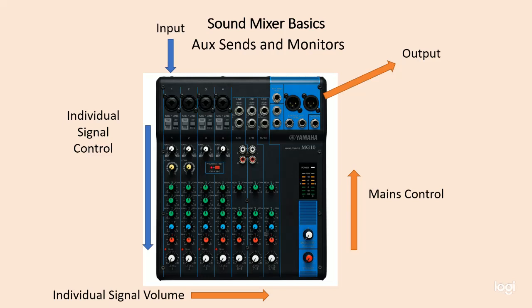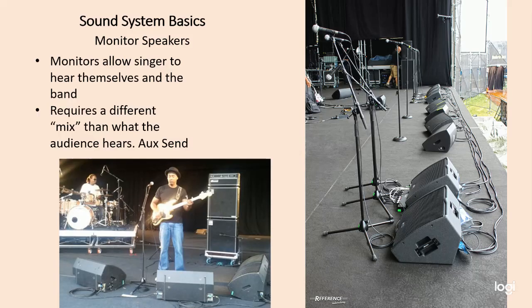In this video, let's talk about some auxiliary sends and monitors. Everything we've been talking about so far has been input. We go to our individual control manipulation. We then use the channel level to mix, and then it comes to our mains, and then it goes out to our speakers left and right. But there are other kinds of speakers that we use and other speaker systems we use on stage,